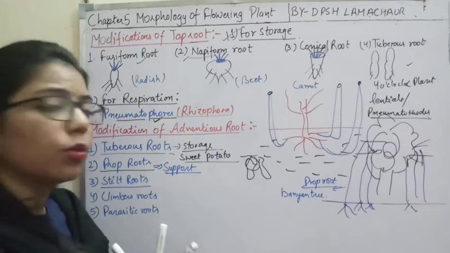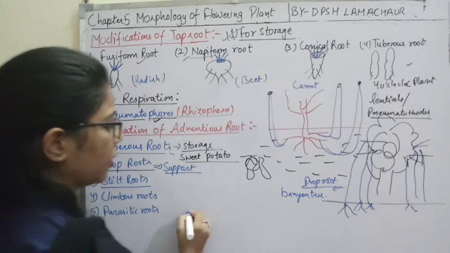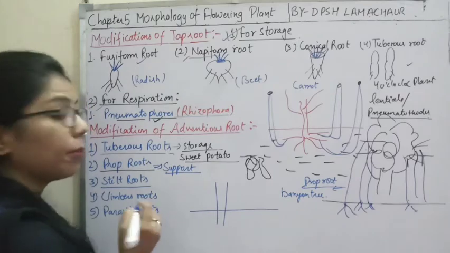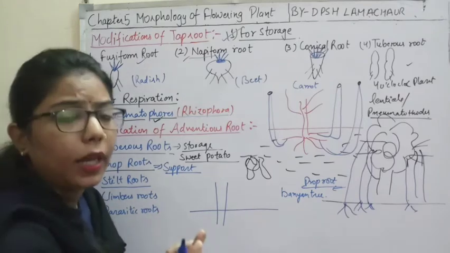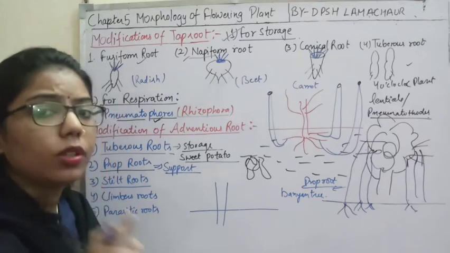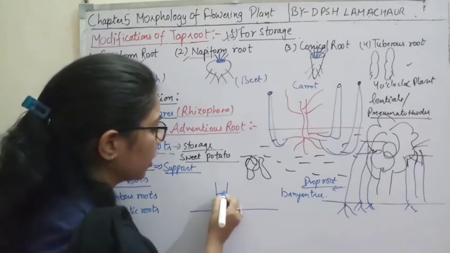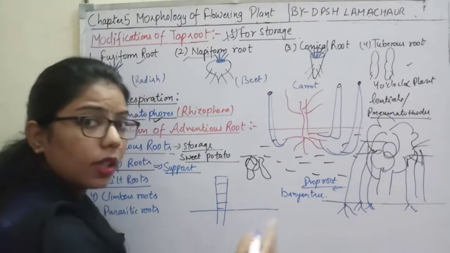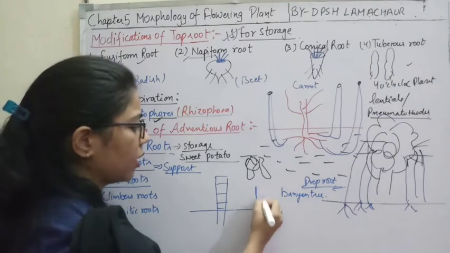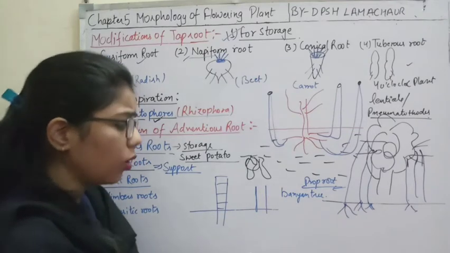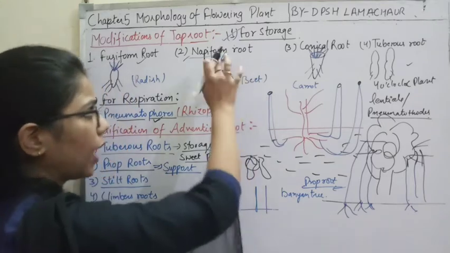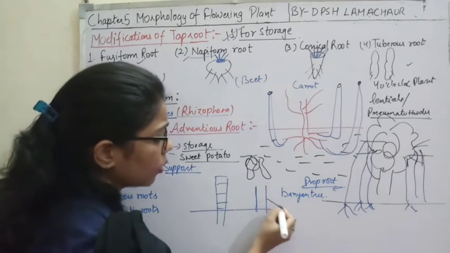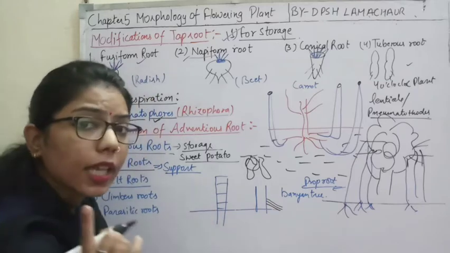Another one is the stilt root. Now what are the stilt roots? For example, if I draw, this is the soil. Now take any plant, for example most of the monocot plants. If you see the maize plant, or the sugarcane, it has different internodes, and here I am taking another monocot, the maize. Now you can see that roots are not arising from the radicle. In the taproot system, from where were the roots arising? From the radicle. So from where can you see the roots? You can see the roots from the node as well as the internode.